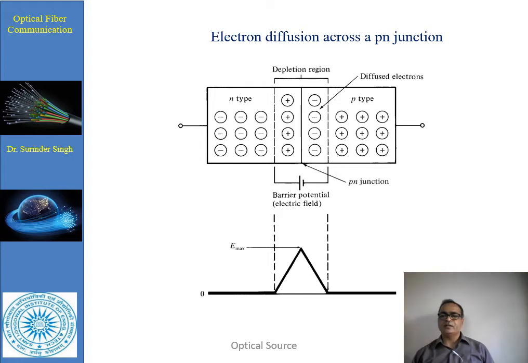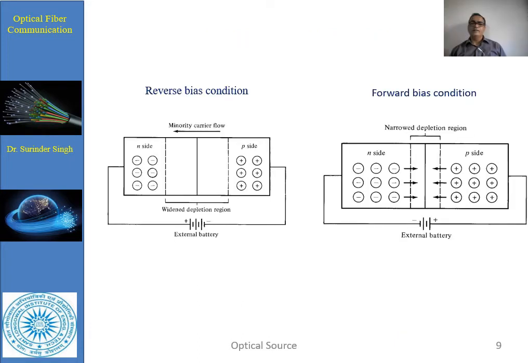This depletion region is also called the space charge region, and this will basically block the flow of any further electrons and holes crossing the junction. Now once the PN junction is formed, consider reverse bias. Upon reverse bias, electrons move toward the positive side of the battery, whereas the holes move toward the negative side of the battery. So in this way, there is an increase in the barrier potential and widening of the depletion region and space charge region.